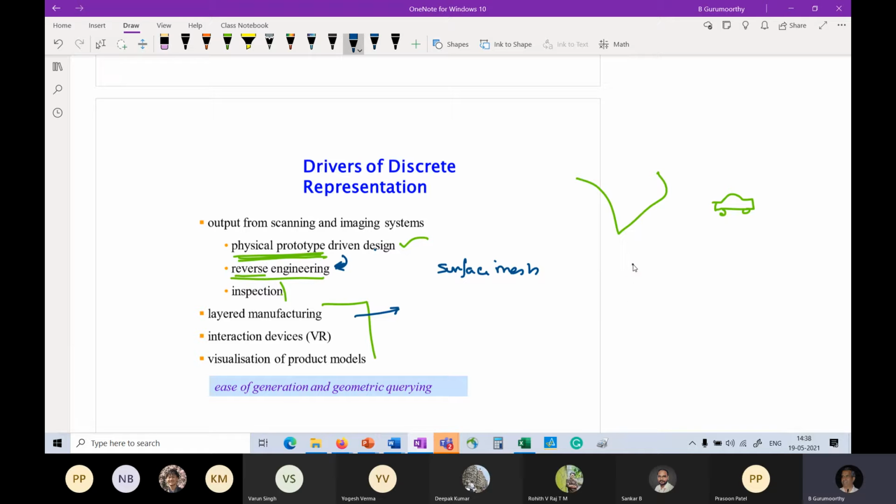Essentially, supposing I have something that has very complex curve information in one dimension, instead of trying to produce this curved surface entirely in one go, the idea is that we do it in layers. So the first layer is here, the second layer is somewhat different, the third layer is somewhat different, and so forth, and I get this shape. And that's how the part gets built. It is built layer by layer, and that's why the name layered manufacturing.